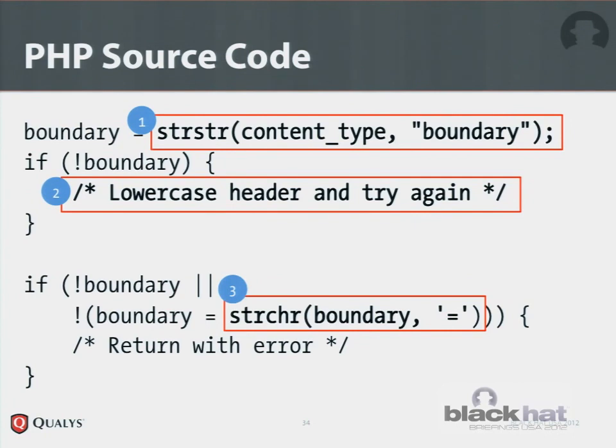The first thing that becomes apparent when you read the source code is that PHP will not attempt to parse the Content-Type header properly. It will just use crude string matching, and it will look for the word boundary anywhere in the Content-Type header. By itself, this is very prone to evasion, because you can have a couple of these, and then you don't know exactly what's going to happen. Of course, PHP will try with the lowercase variant as well if it cannot find it on the first try. Then something else interesting happens after it finds the word boundary. It's going to look for the equal sign, but not immediately following the word, but anywhere in the string after the word.